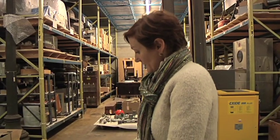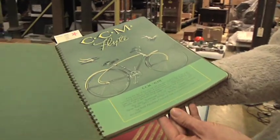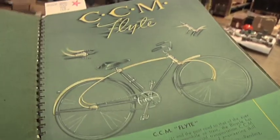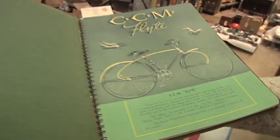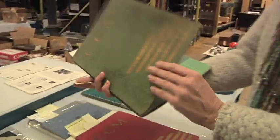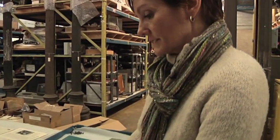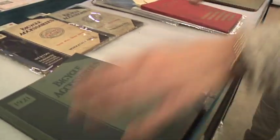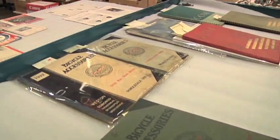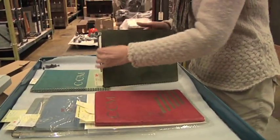I was amazed because when CCM introduced their Flyer bicycle, the Flyer had the first page in their catalog in 1936. And so I was kind of surprised that they would not be so proud as they were later, or maybe it's just a marketing thing that changed over time. So 1921 was the first year the Flyer was on the market, and then eventually it stayed about the same from year to year, just minor changes. But at some point we will see